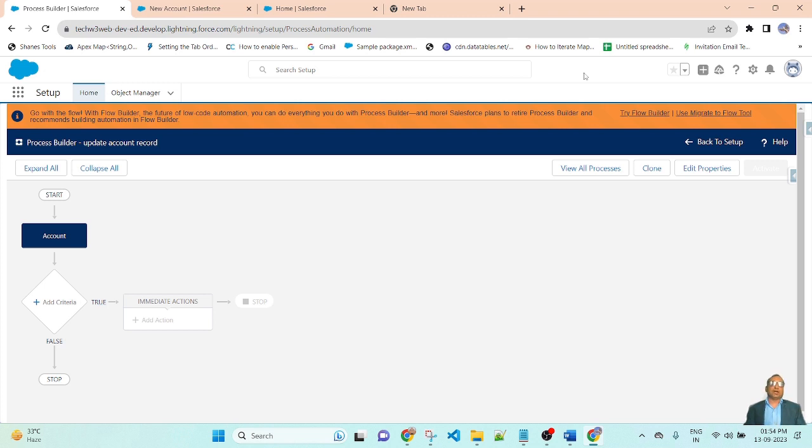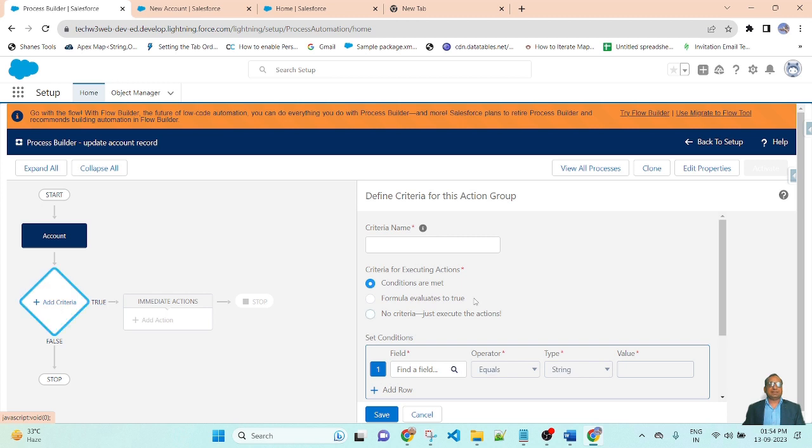So first I selected the object name, then I add criteria. Click here. When you want to update the record, write the name of the criteria here: Update Active field of Account.